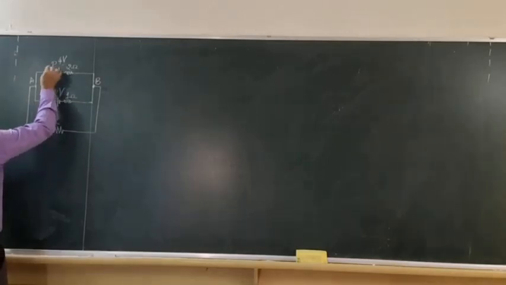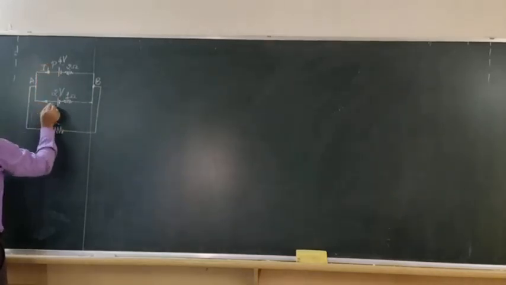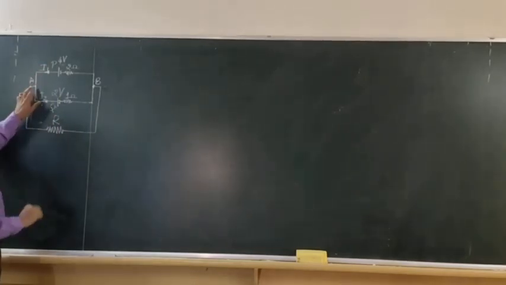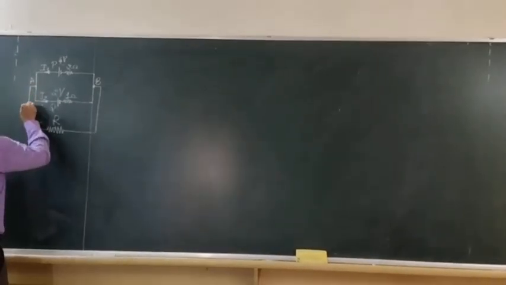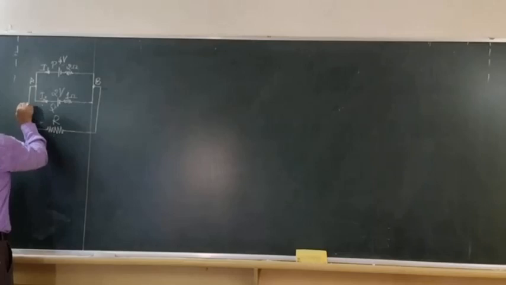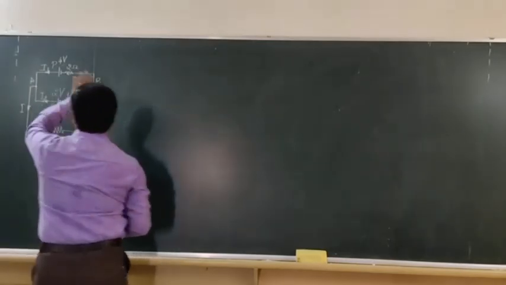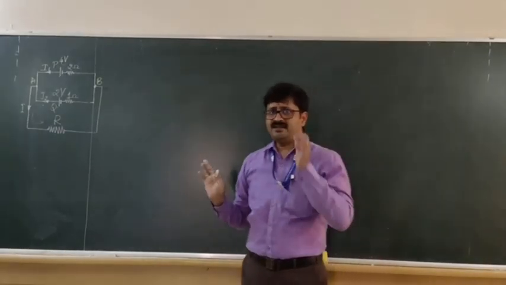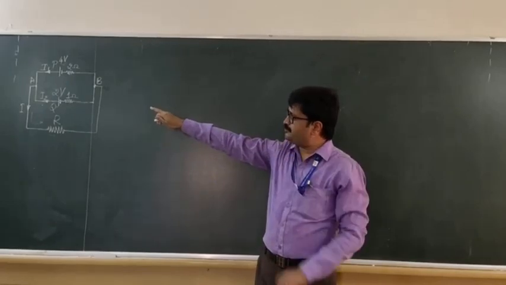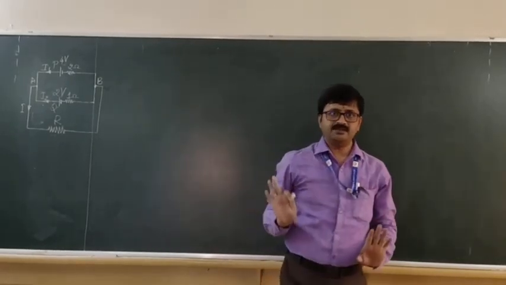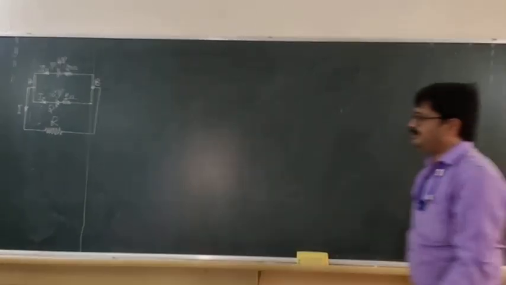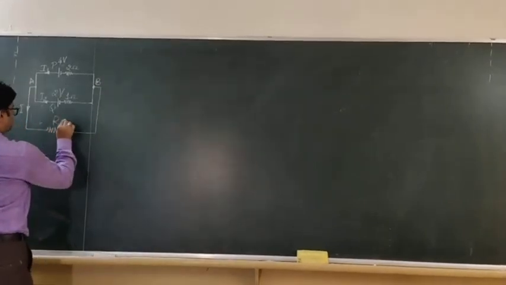So I will consider this current from the first cell as I1, and the second cell as I2. Fine. So we have current directions being shown. Then at node A we have shown total current I. That is what we are supposed to show in the circuit. And we have capital R given as 10 ohm here.